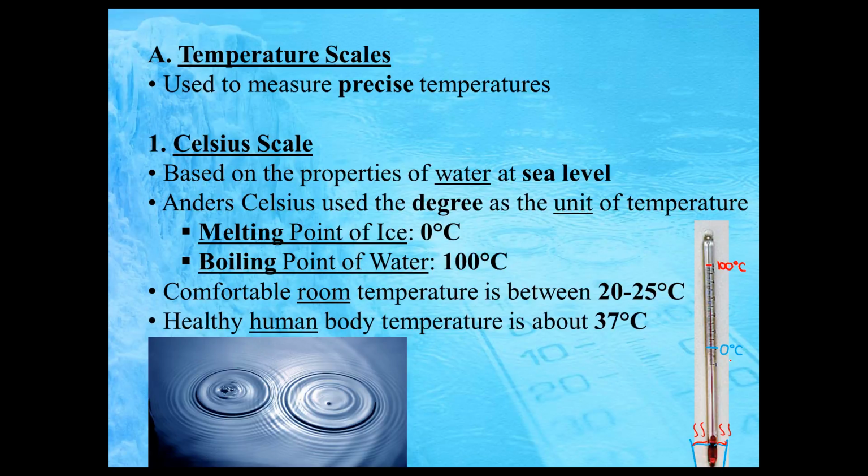Healthy human body temperature is around 37 degrees Celsius. Regardless of what the temperature is outside, your body has mechanisms that try to adjust to this. So for example, if the air temperature outside was 40 degrees Celsius, that'd be really, really hot. You probably have to go somewhere close to the equator to get a temperature closer to that. Your body temperature doesn't match the temperature outside. What would happen is your body would sweat as a mechanism to cool down and keep the temperature around 37